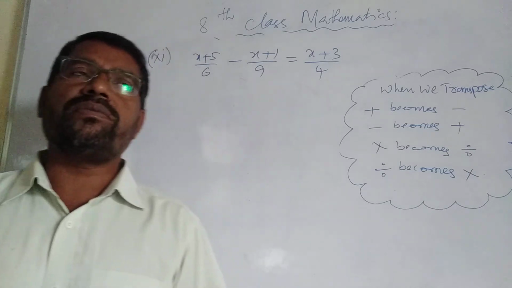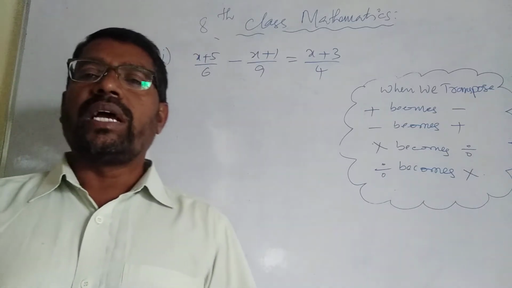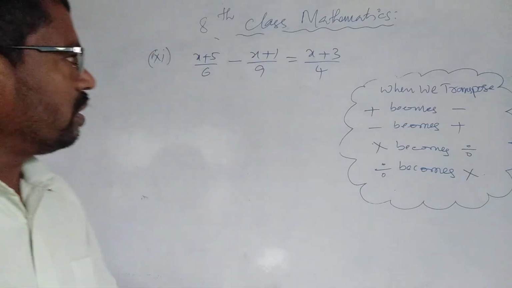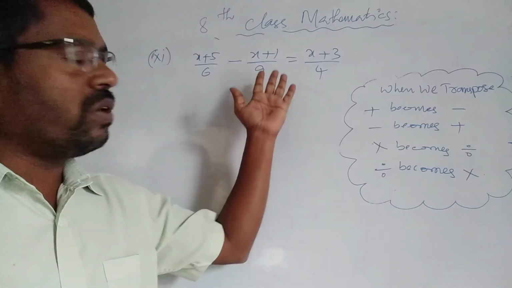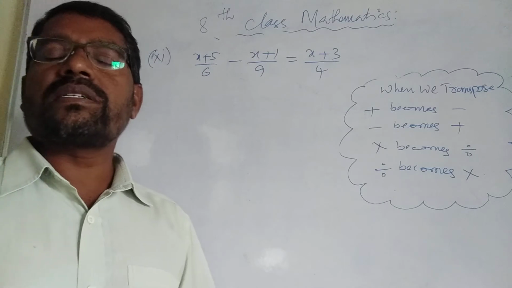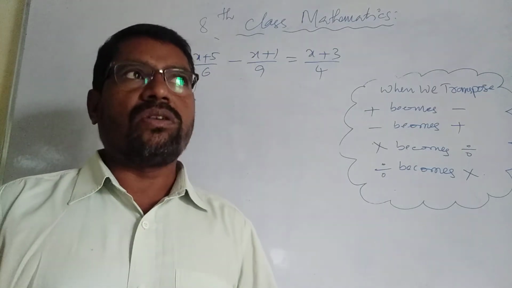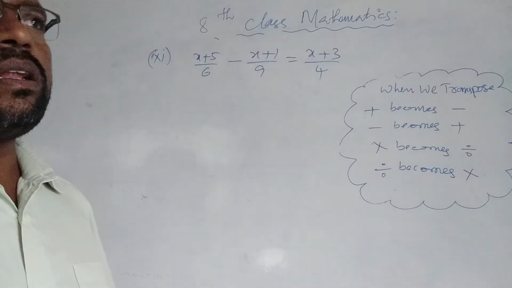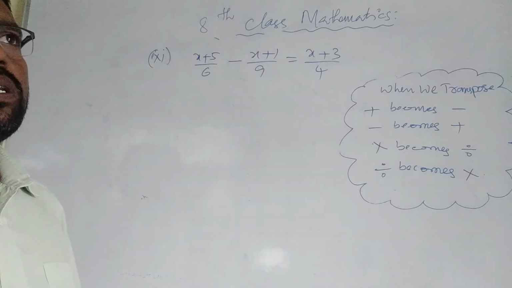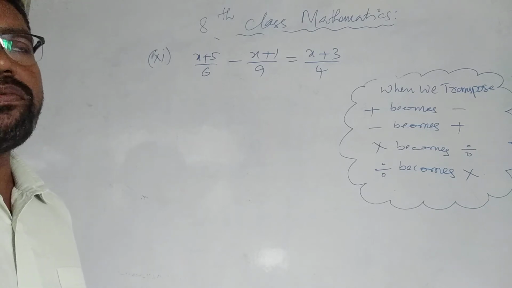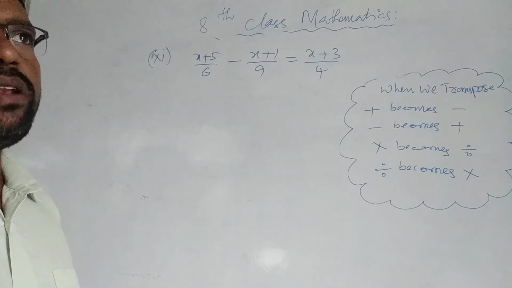But our aim, our concept, is to find the value of x. What is the variable here? x, only a 1 degree variable. That is why we are going to reduce it into a linear equation and solve in an easy manner. The given question is not in the standard form. We should make it into the standard form and find out the variable value.